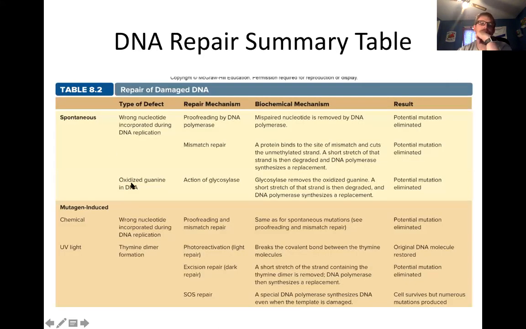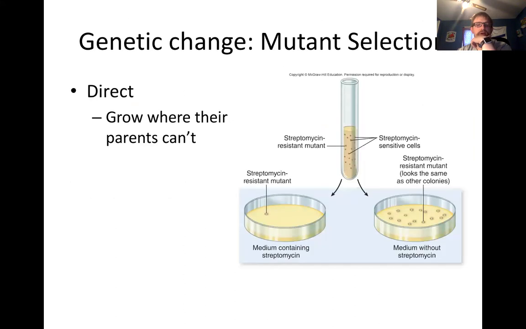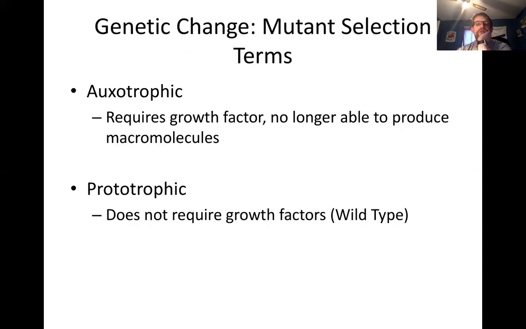Right. So here's talking about how mutations can be induced. And then I think somewhere, I'm sorry, I don't know if I have it in here. Oh yeah, and here, okay, so how mutations are induced and how they're repaired right here. For some reason, I thought they were in separate charts, but you can see different repair mechanisms: proofreading, mismatch repair, right? Here's light repair, dark repair, SOS repair. So look over those quickly. We're going to talk about this in the next few minutes, and then we'll take a small break and we'll get started on lab stuff.